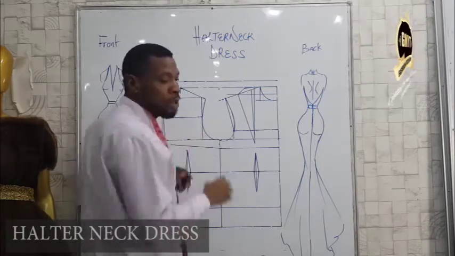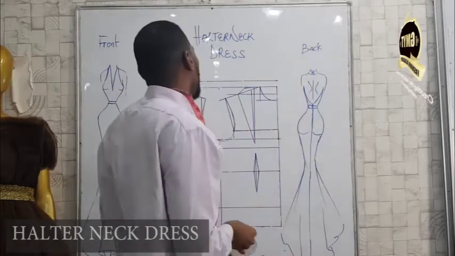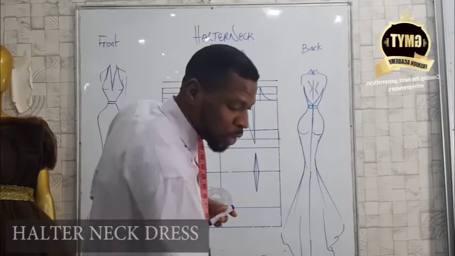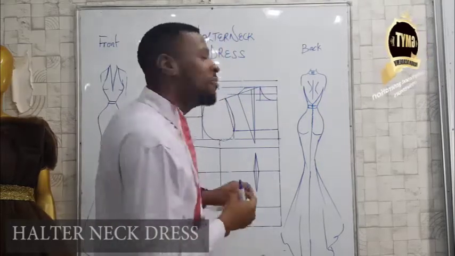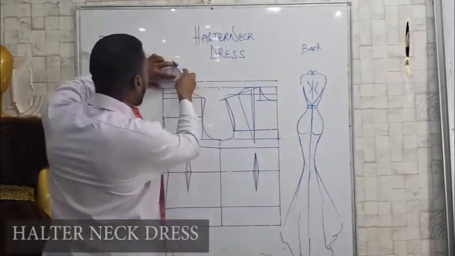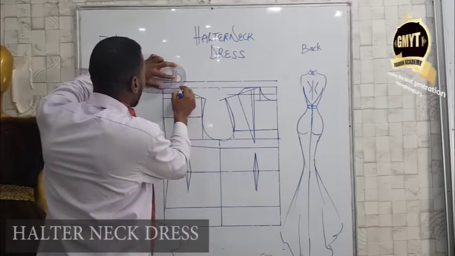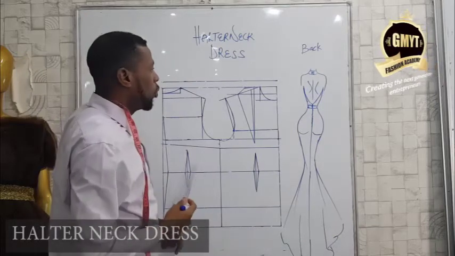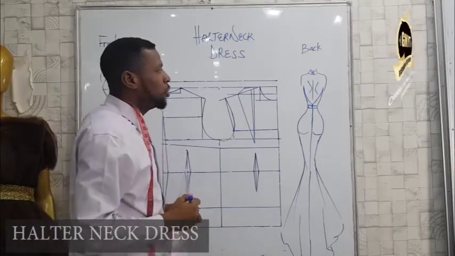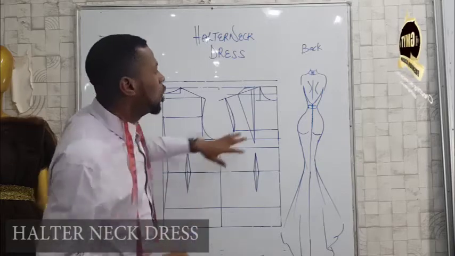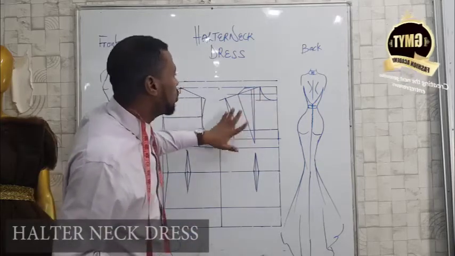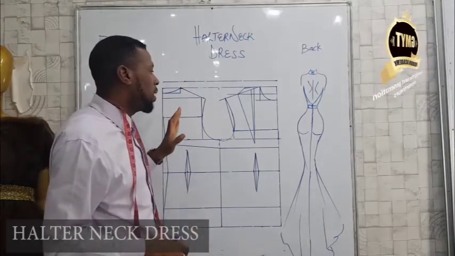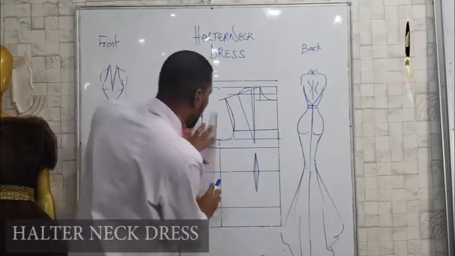Now the diagram on the board is not enough to do what I need to do, but I'm going to work in all possible ways to make sure that we have a very perfect class. Now, I can go on. The first thing you need to do is, we are trying to do a halter neck. That means we want to do away with everything that deals with the neck around this pattern. So once you are done drafting your basic pattern and you have interpreted everything you need to do,